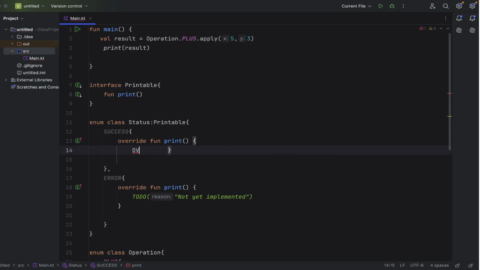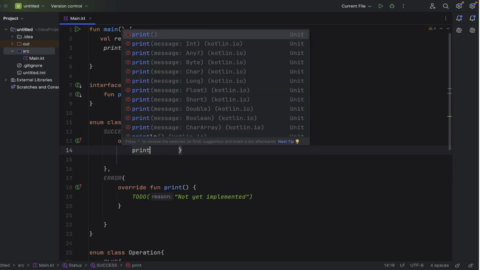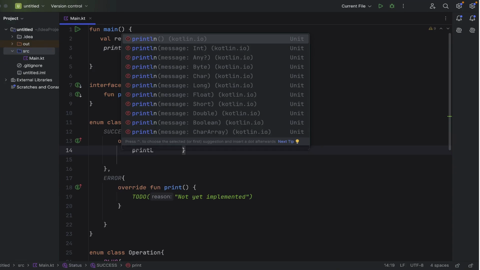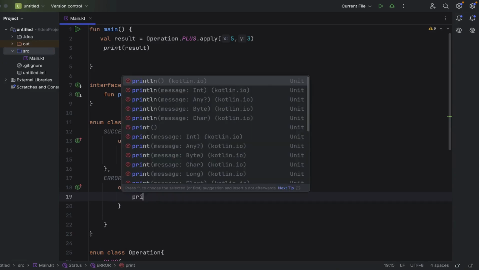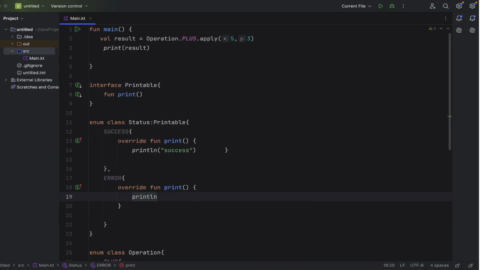So what can we do with this? Just by invoking this print method, we have success printed, and mind you, the success printed is the one within the print because they're all in lowercase, not the member of the enum class. And the same can be repeated for the error also. If you run this,